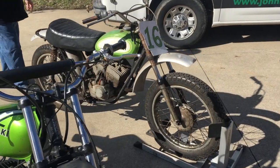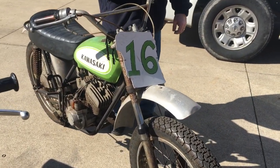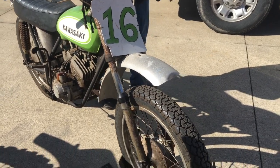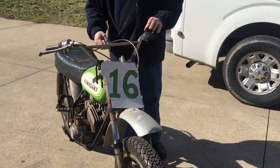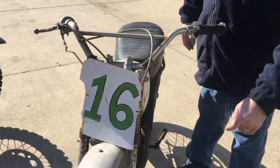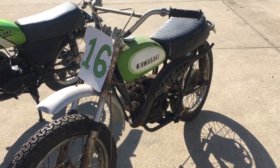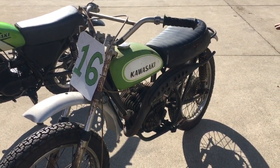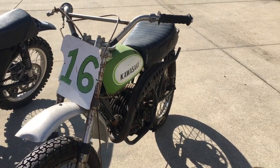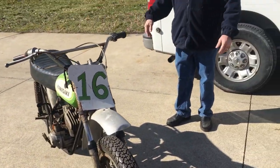This is a G31M. Original paint, never cleaned, put away as is. The grip's all torn up. I mean, it's all cool, but it does have the original fenders, which are cool. Could be a nice restoration, but I kind of like it the way it is. I don't have any more parts for it. I did a deal working on a guy's bike for it, and this is pretty cool, really